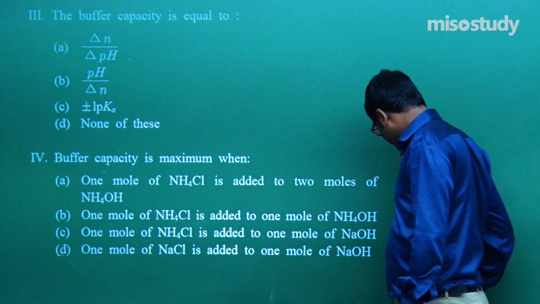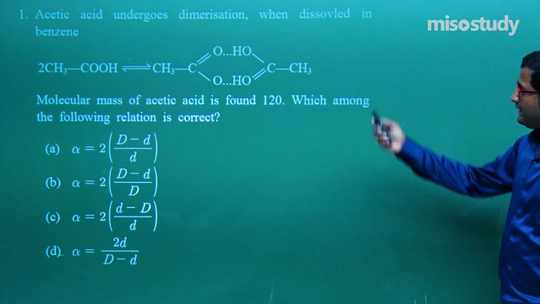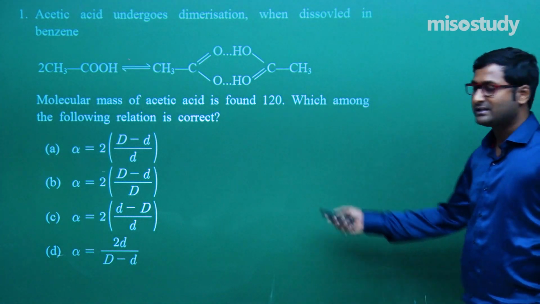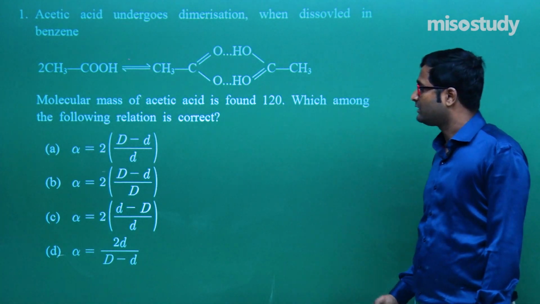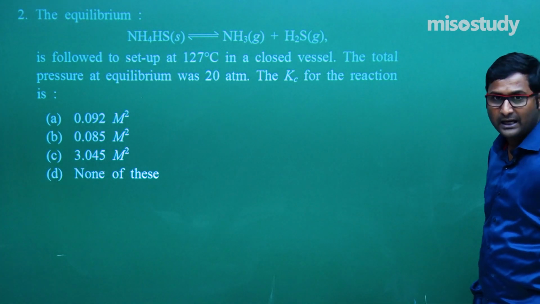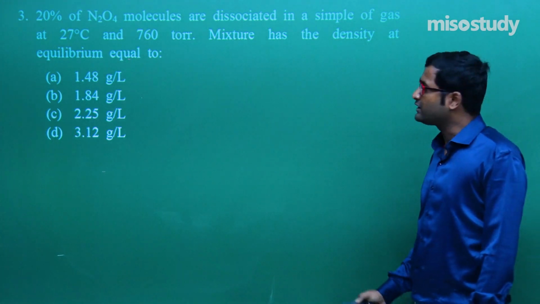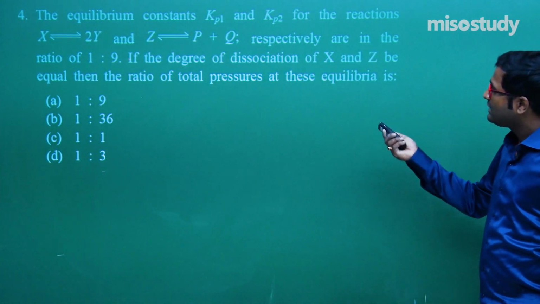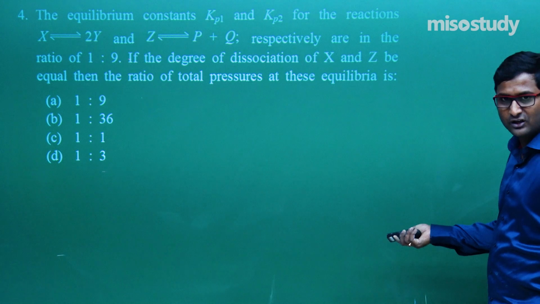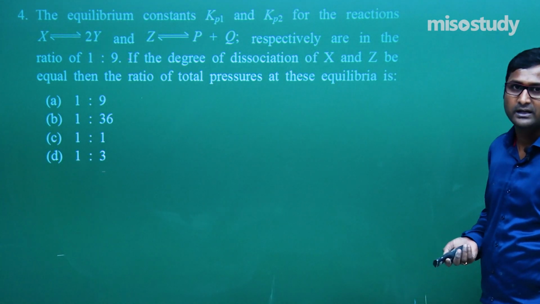I am again reviewing the question. Look at, check out the question here. This is the association, not dissociation. Clear? Now in this case there is a dissociation. I have given the technique. Now in this case N2O4, this is again the dissociation case. Now in this case what we have to do is make a relation of total pressure. Total pressure, the first one is capital P1, the second one is P2.